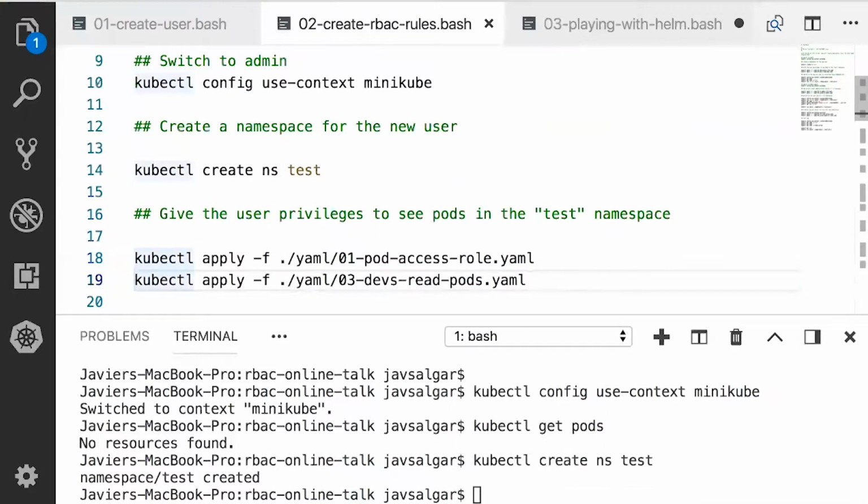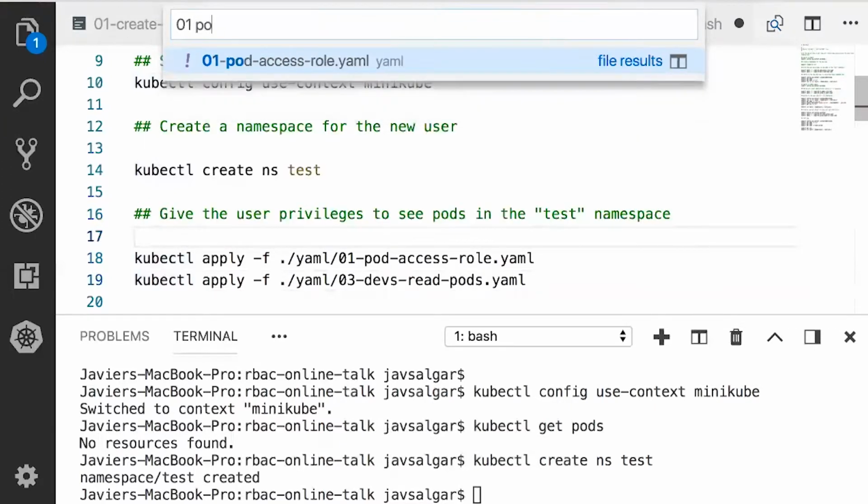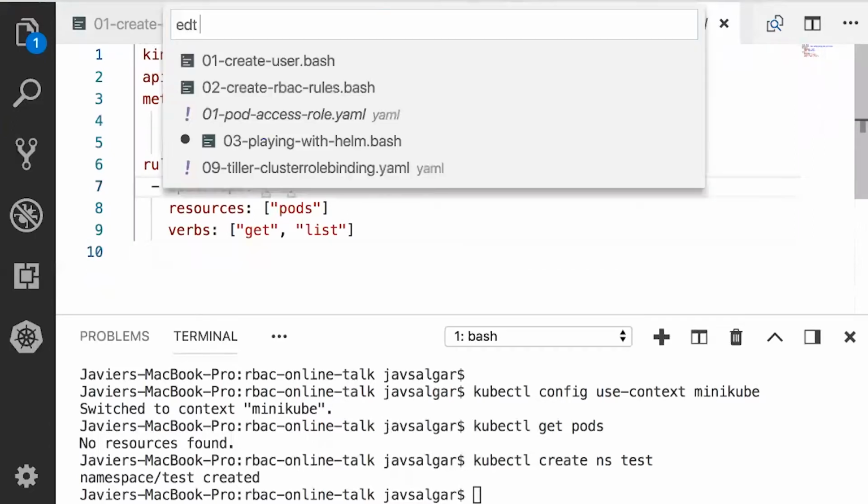And now we're going to apply these privileges to the Salmeron user. So this is creating the pod access role and the role binding that we've seen before. You can take a look here. So you can see that it's just the same that I showed before.